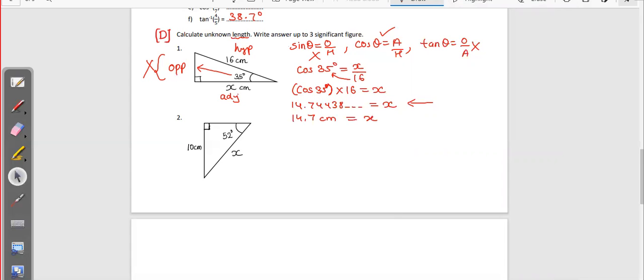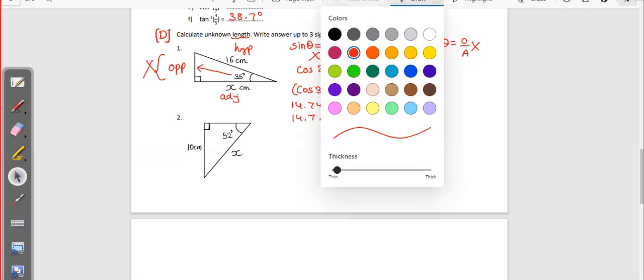If you don't mention this step, the examiner doesn't know whether you have already rounded off the value up to 3 significant figures. Because sometimes in some calculators, there may be some error in the decimal numbers. So better you mention this step and then round off the number and write the final answer. That will help the examiner to know what exactly you have done or how you have solved.